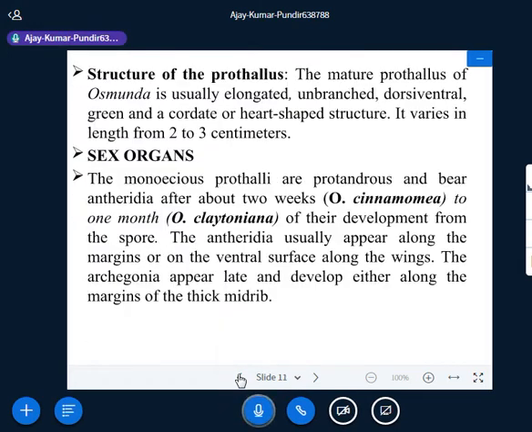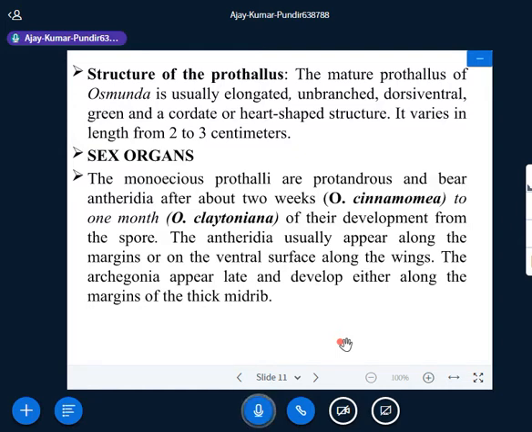Now I will discuss how the antheridium and archegonium develop on the prothallus, on the gametophyte. As you know very well, the spores develop within the sporangium. After dehiscence, they fall on a suitable substrate and germinate, and during germination of Osmunda a transverse wall division takes place. As a result, the first rhizoidal cell and first prothallial cell are produced. As the name indicates, the first rhizoidal cell after various divisions produces rhizoids, and the first prothallial cell produces the whole prothallus.